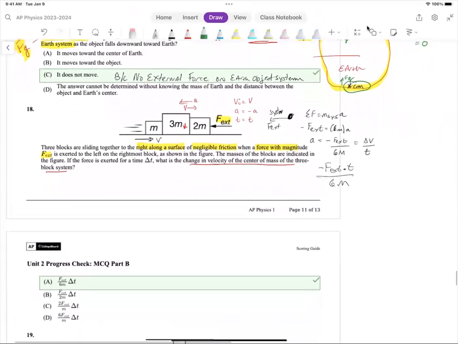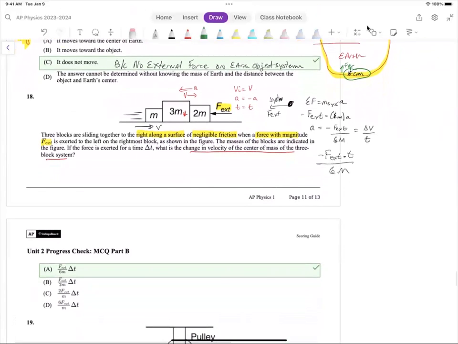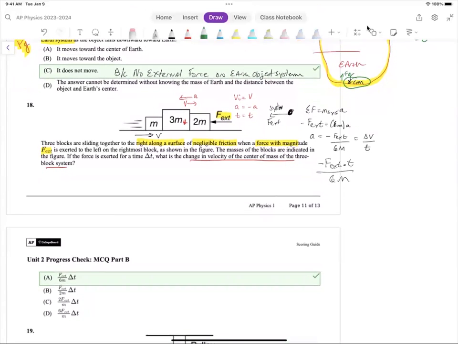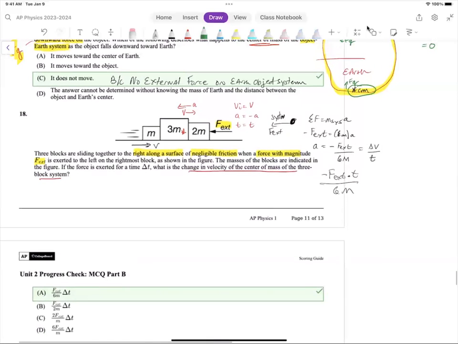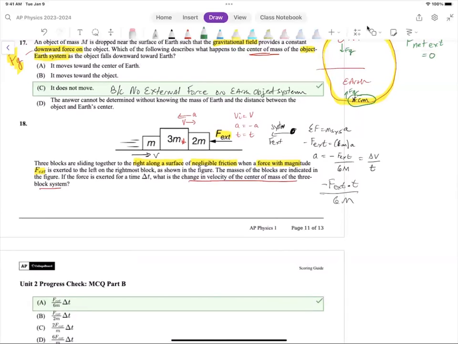Number 18. Three blocks are sliding together to the right along a surface with no friction, when a force with magnitude F external is exerted to the left, so it's going to slow it down, on the rightmost block, as shown in the figure. The masses of the blocks are m, 3m, and 2m. If the force is exerted for some time, what is the change in velocity of the center of mass of the 3-block system? So I'm going to sum all the forces